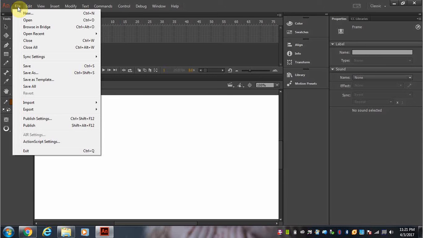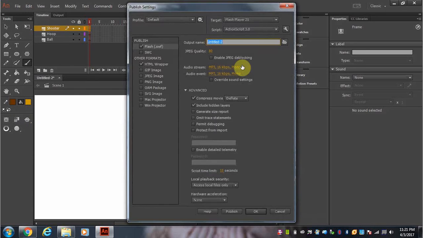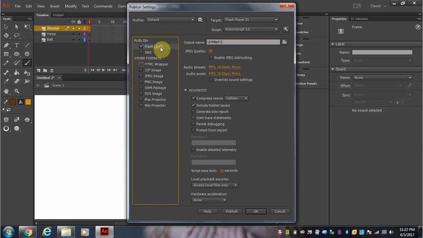Now, when you are done, it's like using Photoshop, you can save in different formats. When we do that in animations, we call it publishing. So if I go down to publish settings, I can publish in different formats here. So I can publish as an SWF. An SWF gives us a really good, clear picture of our animation, and it's a good format to use. We won't be using an HTML wrapper, so I'm just going to turn that one off. So we could publish as an SWF, or what we call a SWF, and you can play that inside any